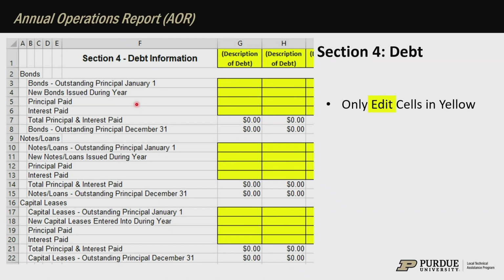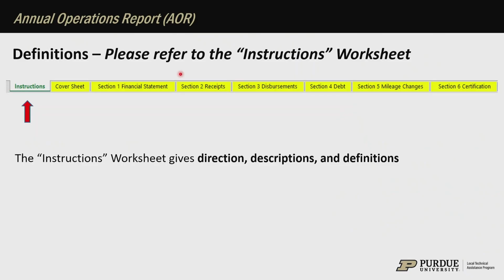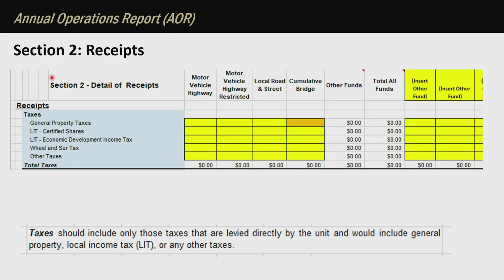And then section 4 is debt, where you report your debt, or if you have any road bonds out there, you would report that in this section. And then we'll talk about some of the definitions. Super helpful when you're filling out this report. Again, reference back to the instructions tab where they give these definitions, and I'm going to show you some screenshots from that instructions tab to help walk through these different definitions, descriptions, and direction. So on the receipt section, the taxes, it defines taxes in this category should include only those taxes that